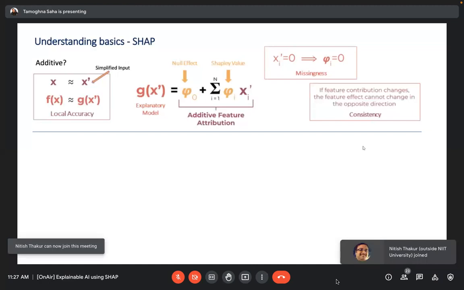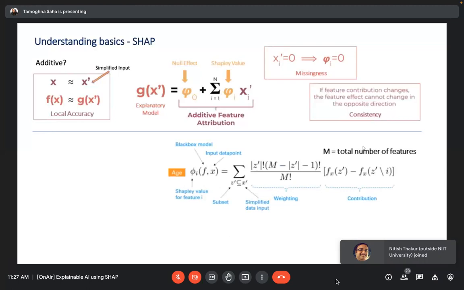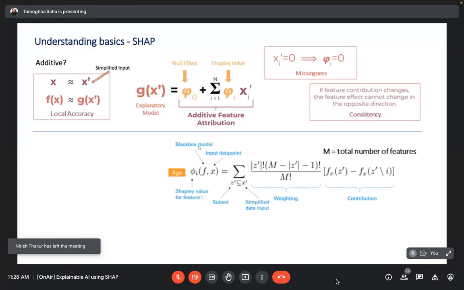All right. Now, this is the equation associated with the SHAP value. I don't want to scare you guys and go into all the details, but the objective is mainly to calculate the corresponding phi value over here, where f is the black box model and this is the data point input, followed by the weighting part. So what does this weighting do? It provides the weightage of the contributions of each of the features. And M is basically the total number of features, so 40, whatever you have, is what we get over here.